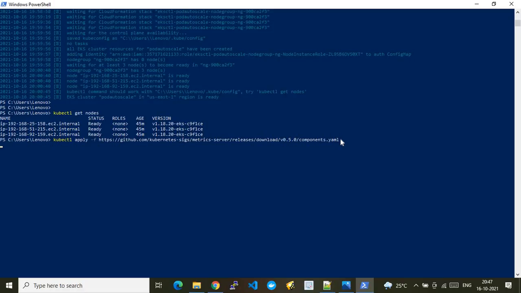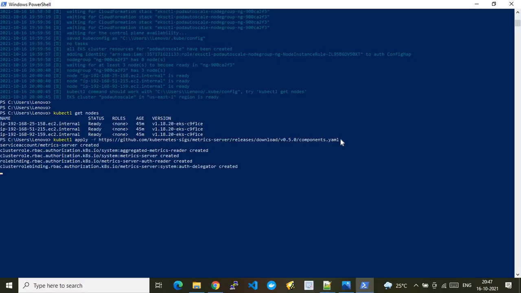Now you might have the doubt: why do we need to configure the metric server? Metric server is nothing but enabling a kind of feature on your Kubernetes cluster, which will help give you data about your Kubernetes server metrics, which includes resource configurations, resource usage, the previous history of the resource configuration, and the current resource utilization. It will just tell you what has been consumed at resource level.